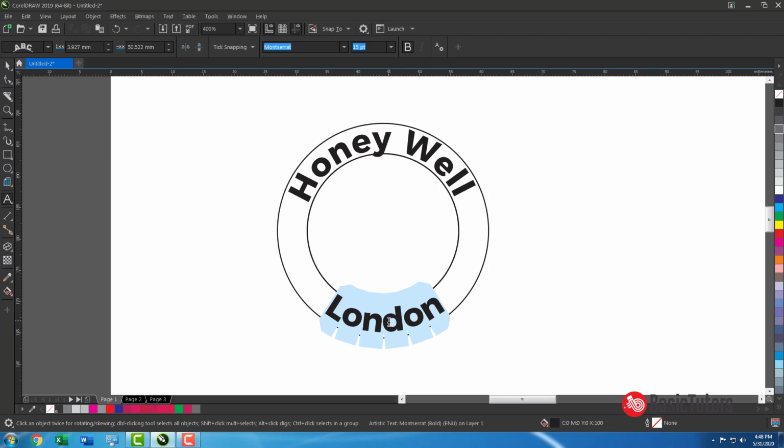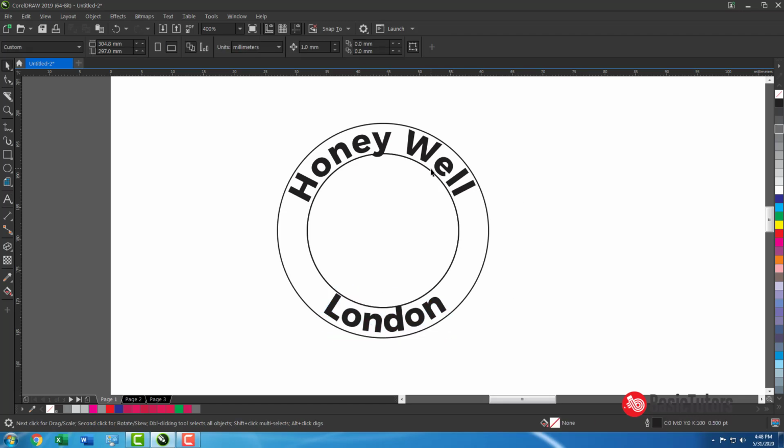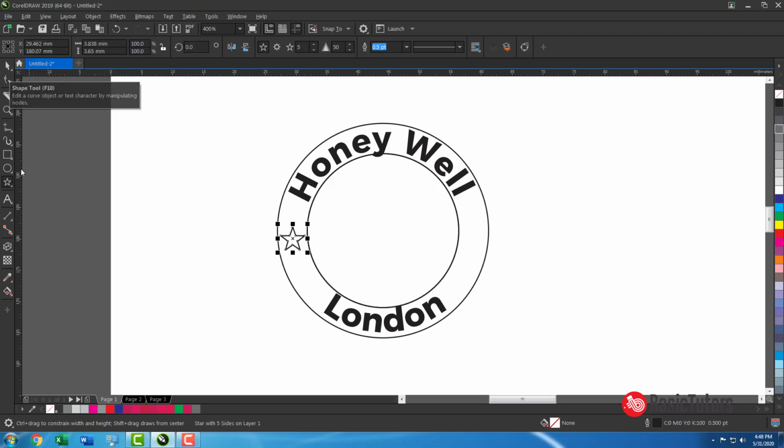Control Shift greater than key will increase kerning, the space between characters. Whenever you want to make your object in a symmetrical, uniform manner, you need to press Control.